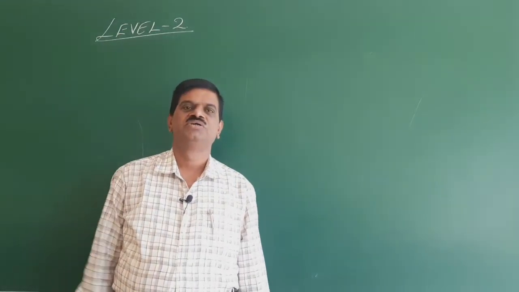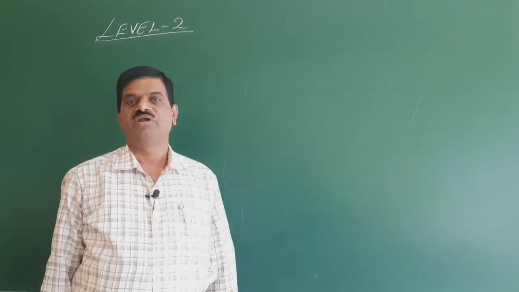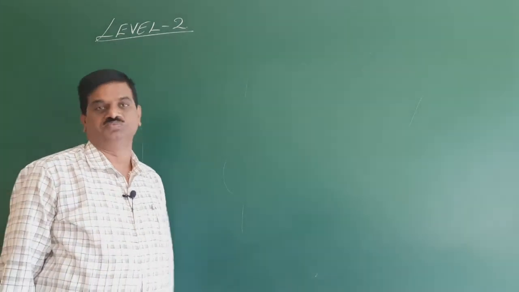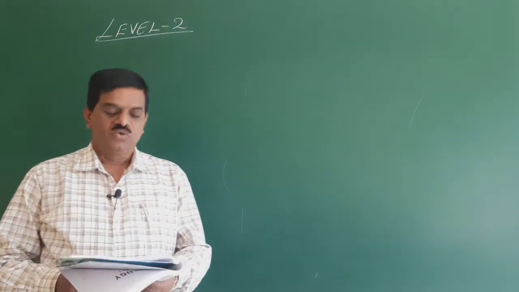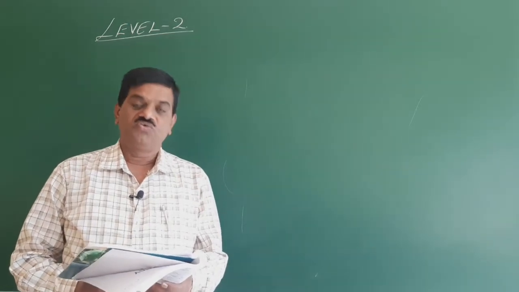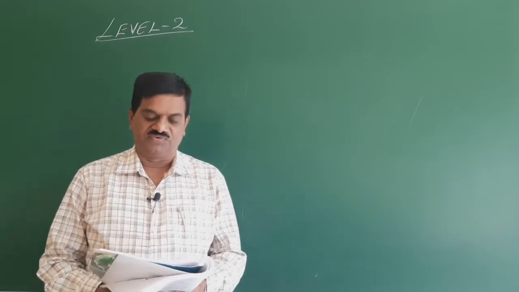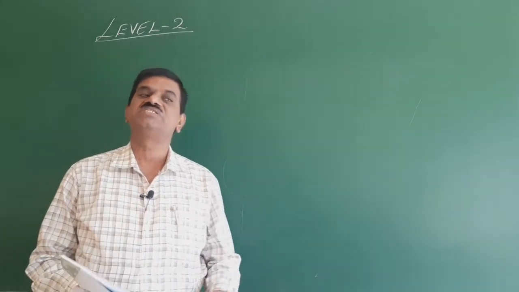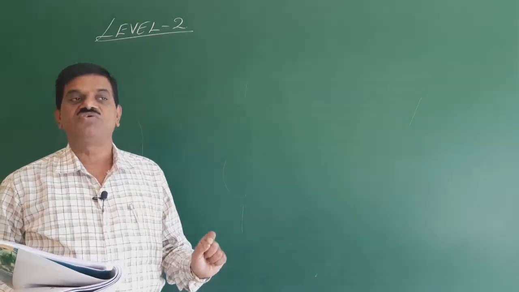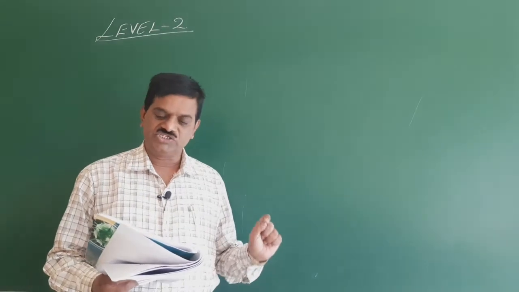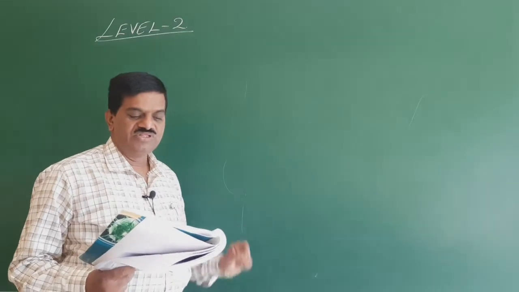Hello students, now we are going for the next level called level number 2. So we start with the first question. When the veinlets form a network in the lamina of a leaf, the venation is termed as, I will repeat this: when the veinlets form a network in the lamina of a leaf, the venation